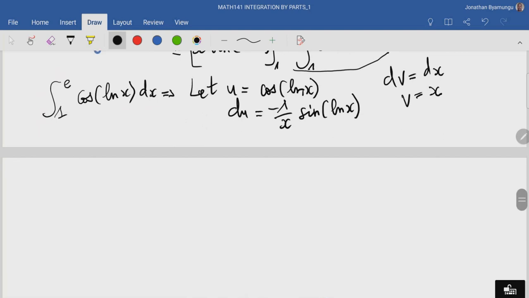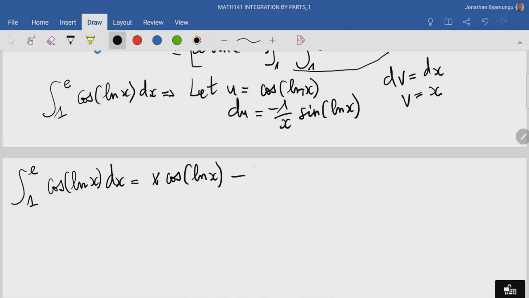And that would mean that this integral from 1 to e of cos of ln of x dx is equal to u times v, which means x times cos of ln of x